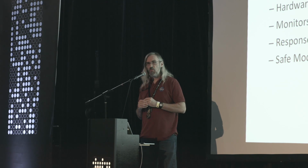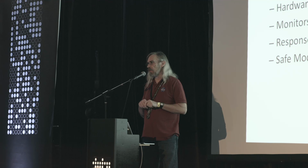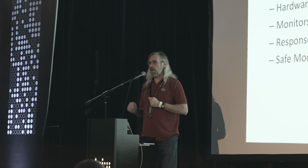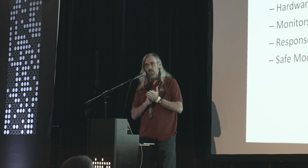We will sometimes do a thing that we call tiering of responses, where the first response is to power cycle it. The second response is to switch off the reaction wheel and turn on another one that we might have as a spare. And then the other thing I have on my list here is